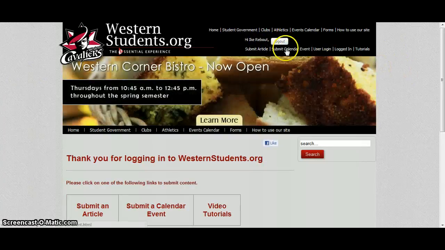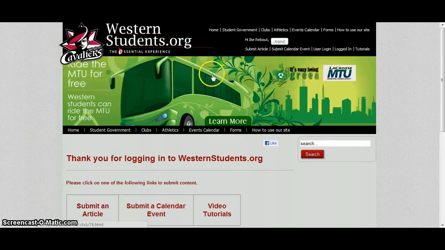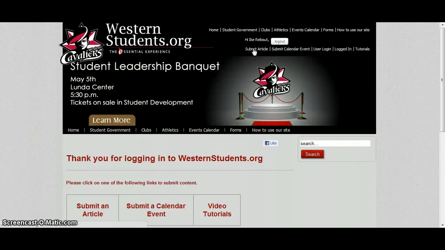Also, you'll notice a menu right here where it says submit article, submit calendar event, user login, logged in, tutorials on how to do that. There's also video tutorials here, and then submit a calendar event and submit an article here. So they should be pretty easy to find. So what you want to do is go ahead and submit article,